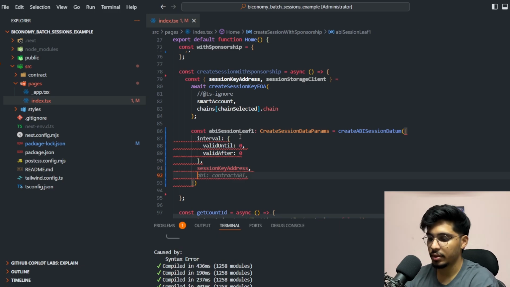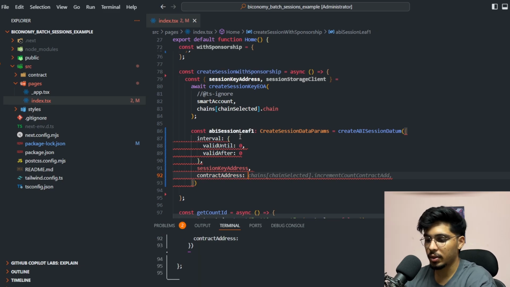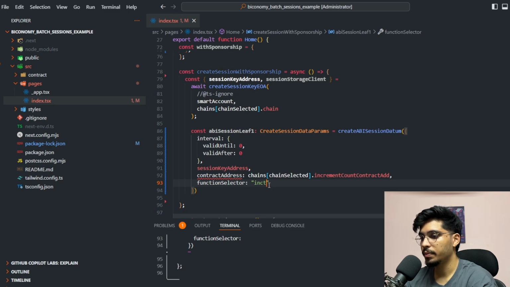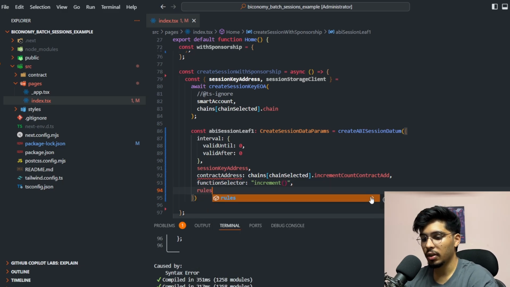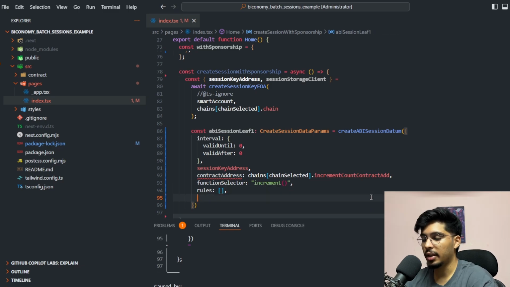a contract address. So this is about the increment count. So for increment count we have got this address, and then we have a function selector which should be increment, in a string, increment, exactly, right? And then we need to pass rules for this particular transaction. Like in the previous video I also told you, for increment count we don't need rules because we are not passing any argument in this, so we just gonna pass an empty array. And for value limit, again it's gonna be big int 0,